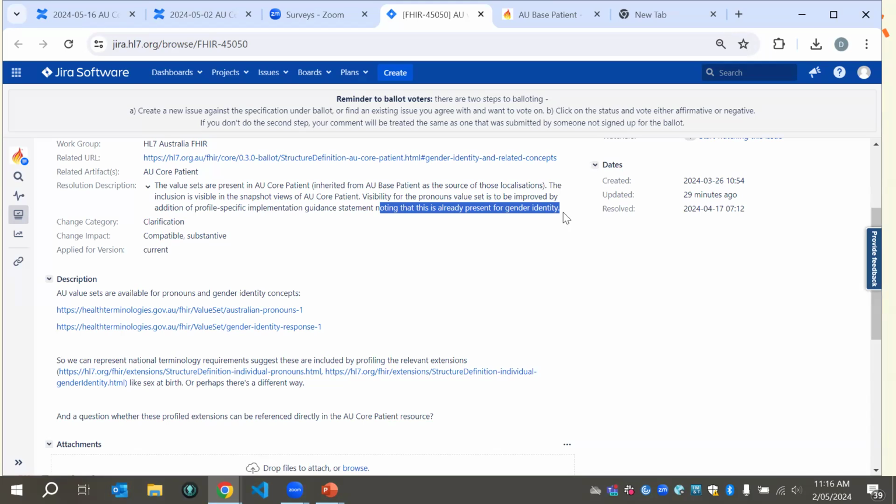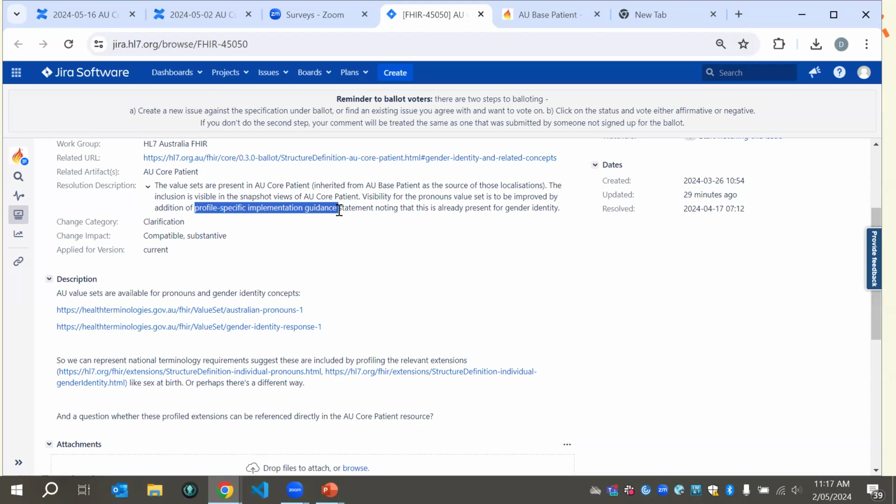I was just going to say, if it's an underlying AU Base definitional thing, we could push that through to the FHIR work group and let them handle that. It's both, because that still doesn't add profile specific implementation guidance for the AU Core profile. Sure. So I think in AU Core, we do want profile specific implementation guidance. And part of that will be getting agreed what goes in AU Base in the FHIR work group and then bringing that back into AU Core to go, is this suitable? And when we agree, putting it in or making changes.